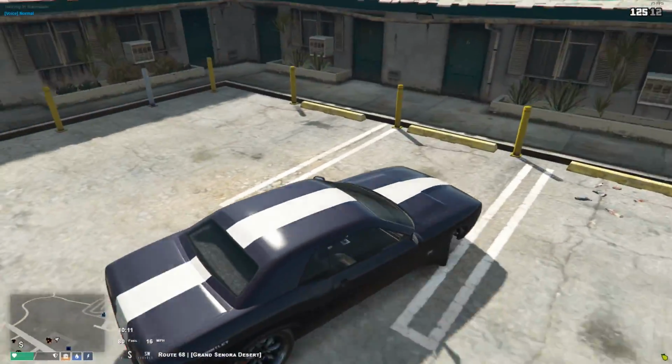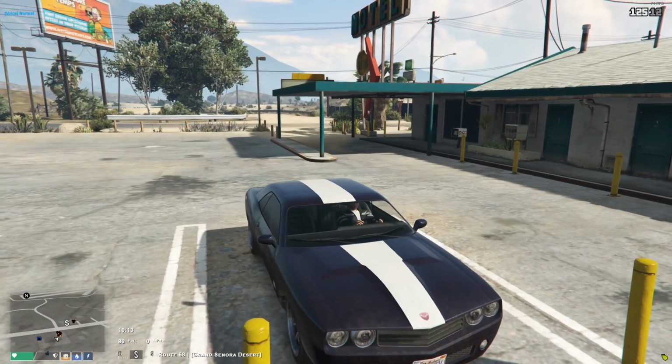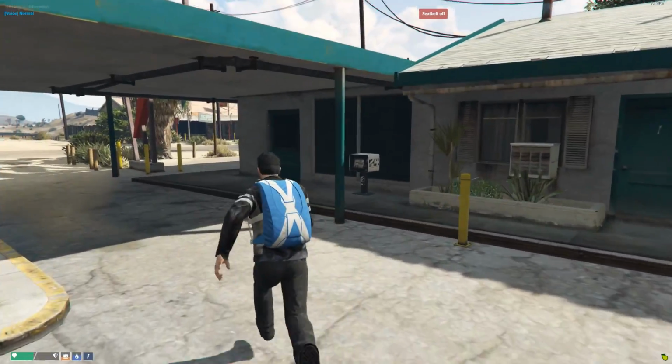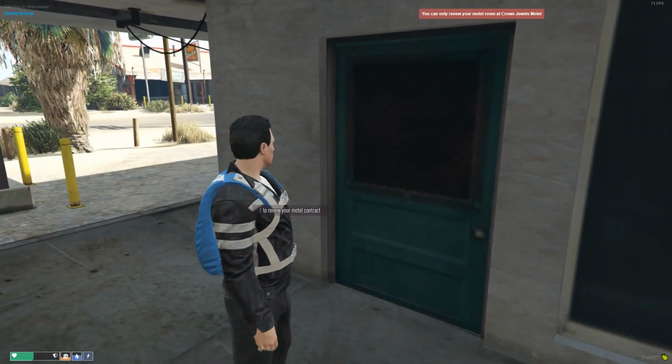Let's park up a little bit. I also got this nice little purple color. I need to remember how to lock my car. That's probably going to be useful. Is it K? Nope. Alright, well, we'll figure out how to lock a car in the future. Probably a good feature to remember. Renew your motel contract. You can only motel...